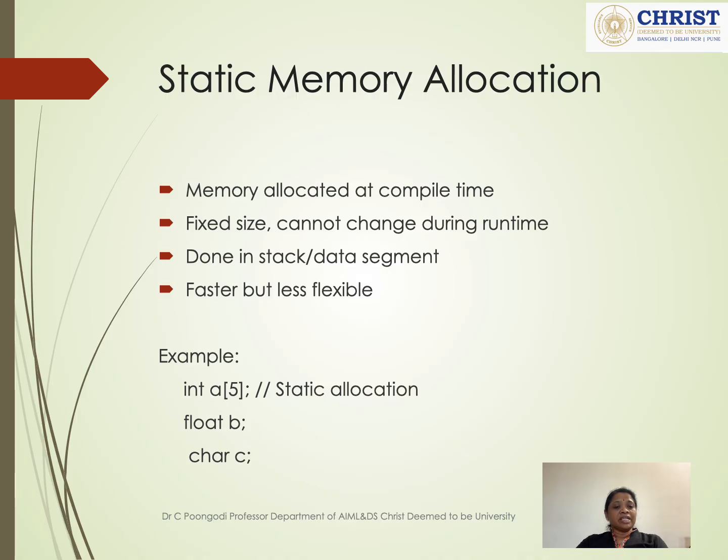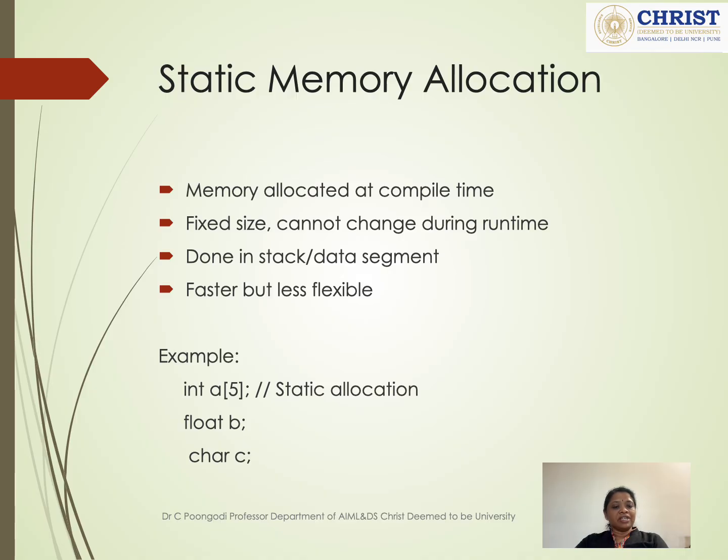Here the memory is allocated in the stack part or else in the data segment part. So we have a stack part, a data segment part, and a heap memory. All these are types of memory where data will be allocated. In case of static memory allocation, data may be allocated in stack memory or in data segment memory. It is faster but less flexible,